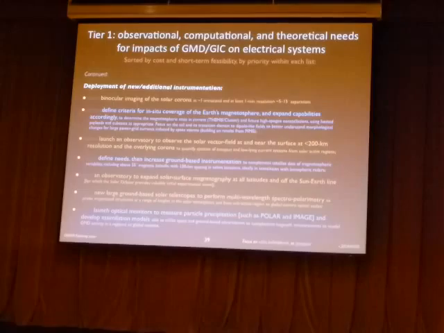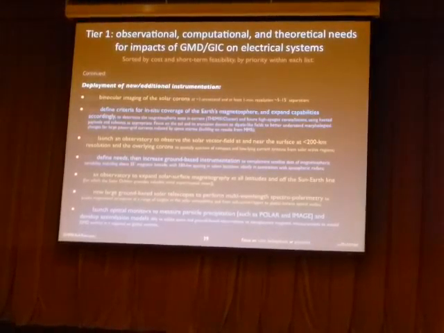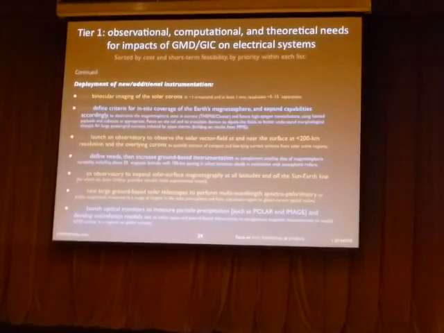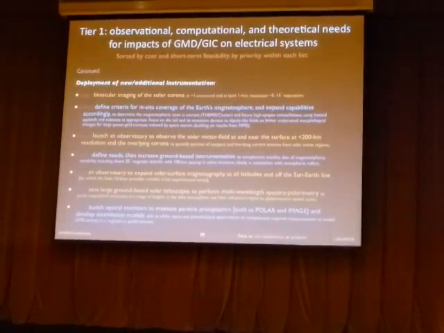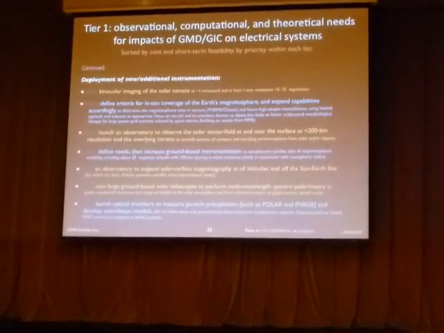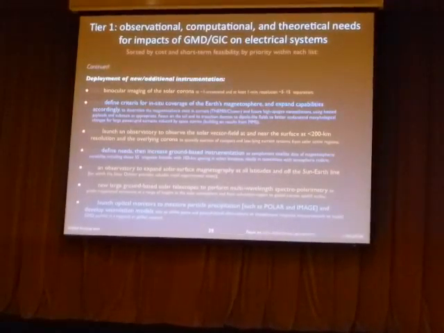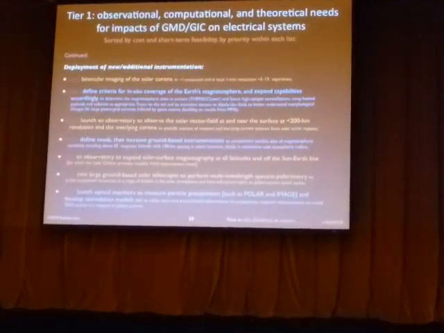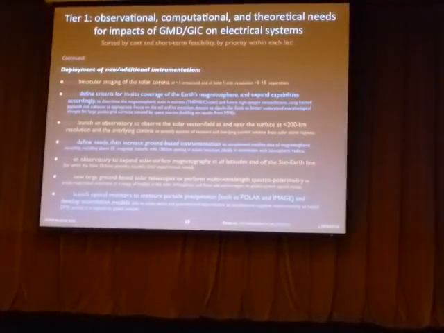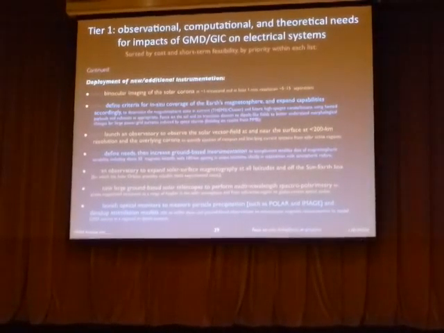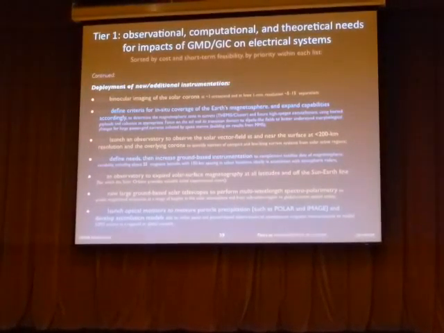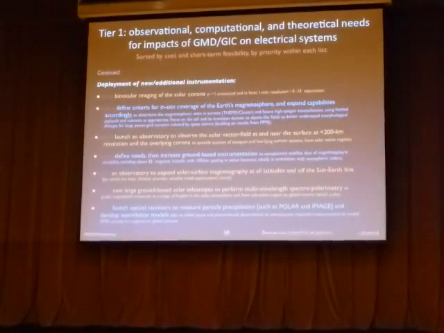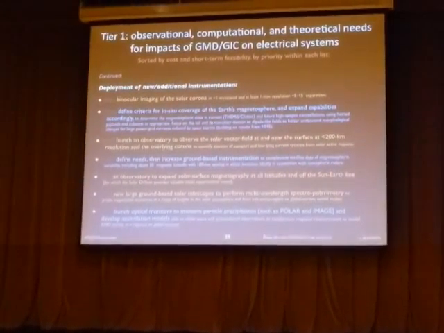does that dynamically. We probably would benefit greatly from an observatory that could observe the sun's vector field near the surface, at and near the surface, at very high resolution, a fraction of an arcsecond, and the overlying corona at matching resolutions. And the reason to ask for that is this. Often there are very small compact structures, well, compact looking at the sun from this great distance, that have left the sun in a coronal mass ejection that would not be readily observable in just a few arcsecond resolution.